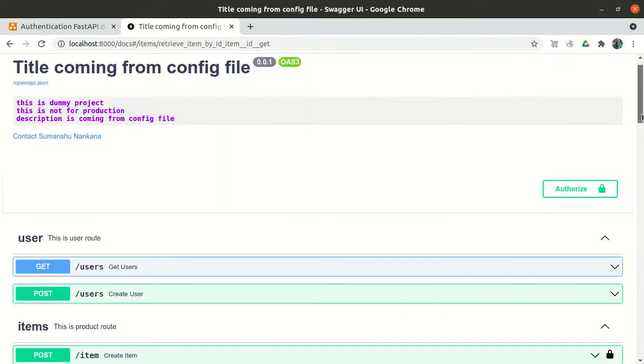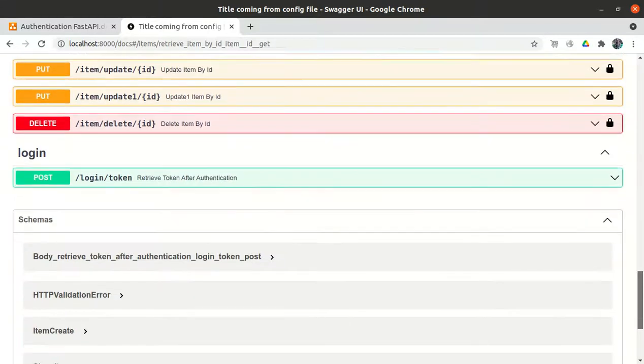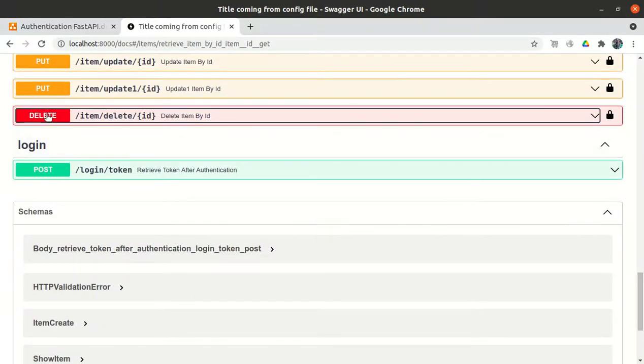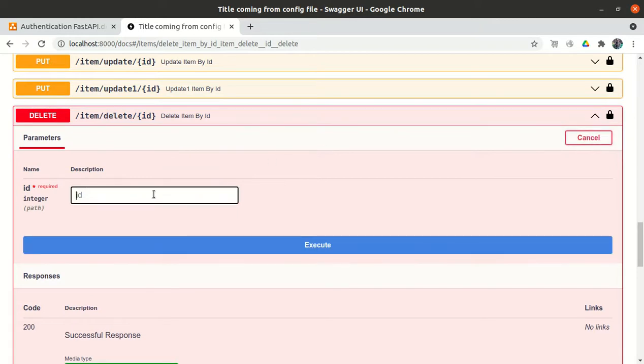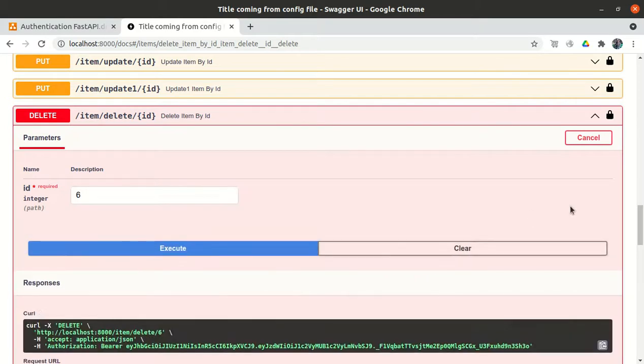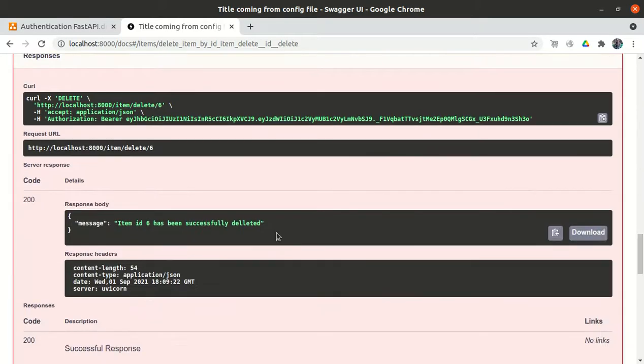Ideally the other user should not be able to delete any other user's item, but because we have not implemented authorization, this user is not authorized. You are authenticated, you are created, but you are not authorized. If I try to delete item 6 and execute it, I am successfully able to delete the item.